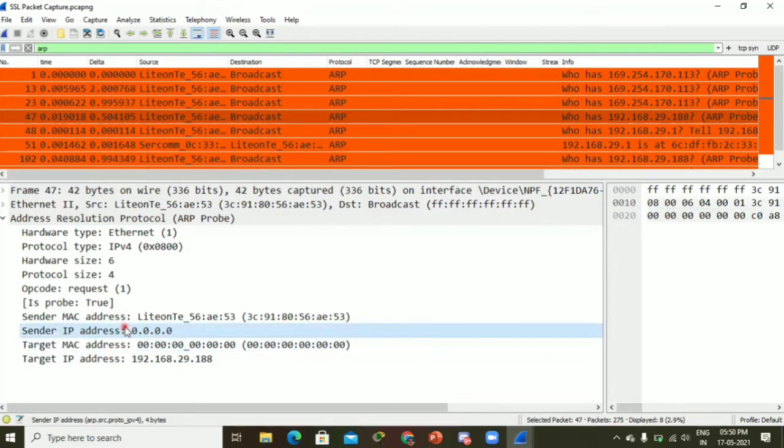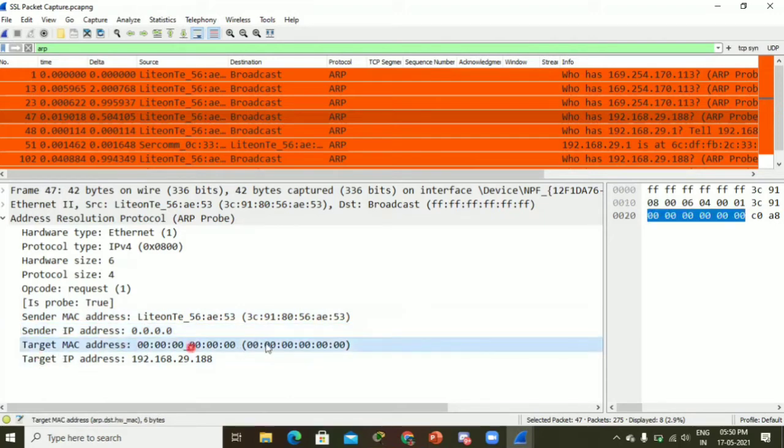So I'm sending my MAC address as the sender MAC address, then the sender IP address as 0.0.0.0, and the target MAC address is 0.0.0.0.0. The target MAC address is always zeros, whether it is an ARP request or an ARP probe or gratuitous or ARP proxy or whatever the type, the target MAC address is always zeros.